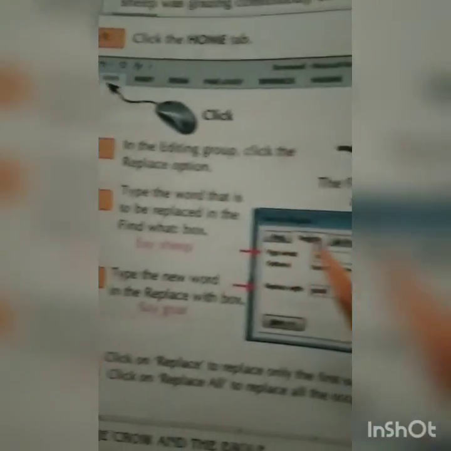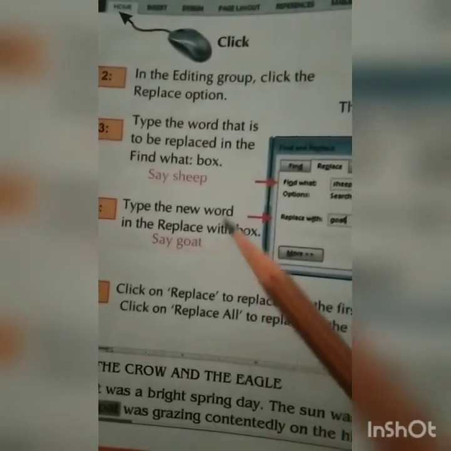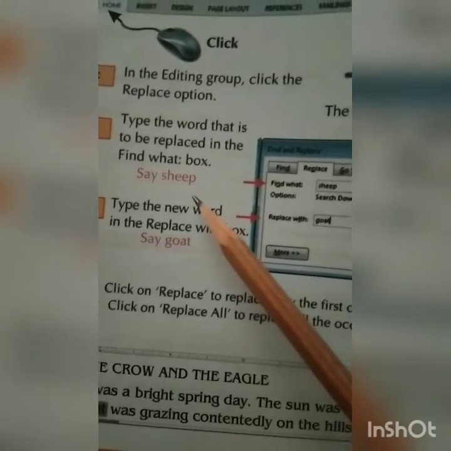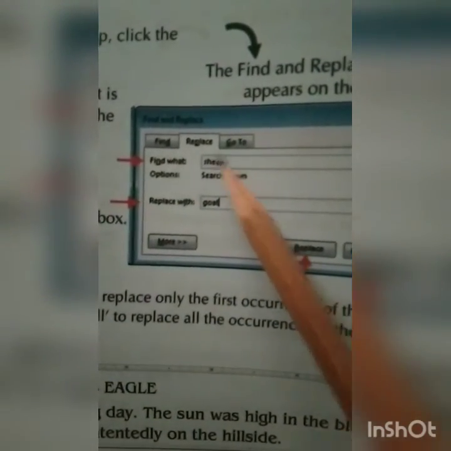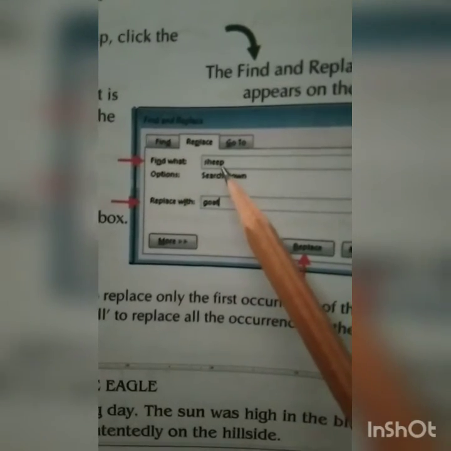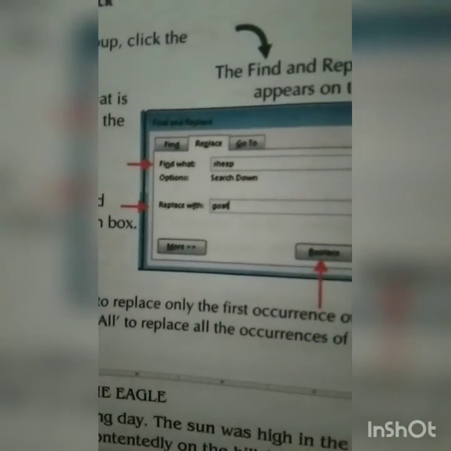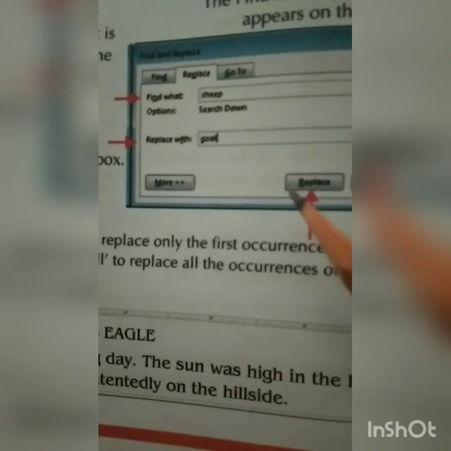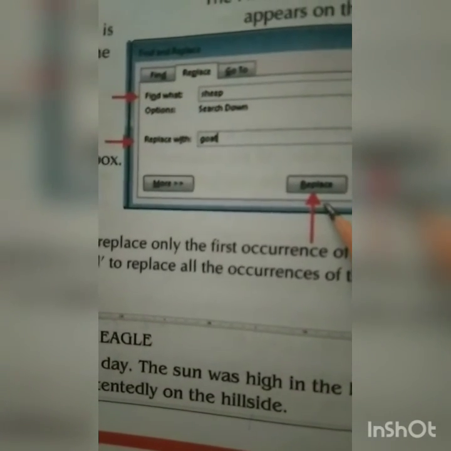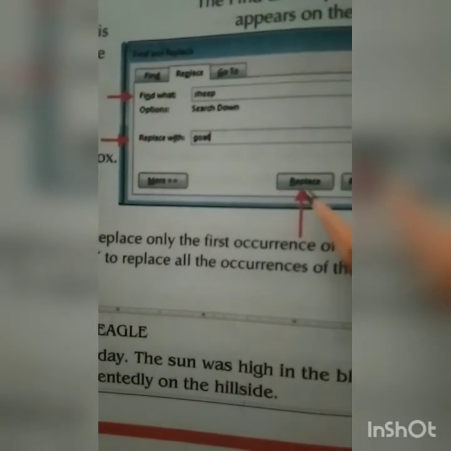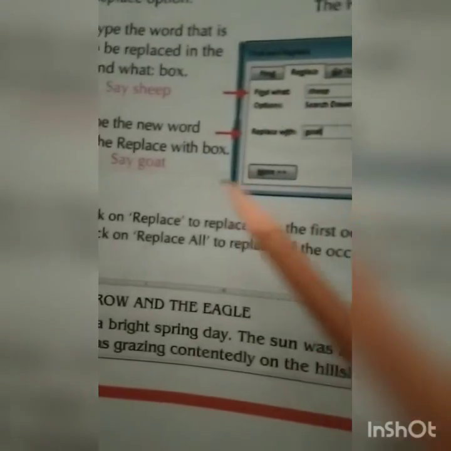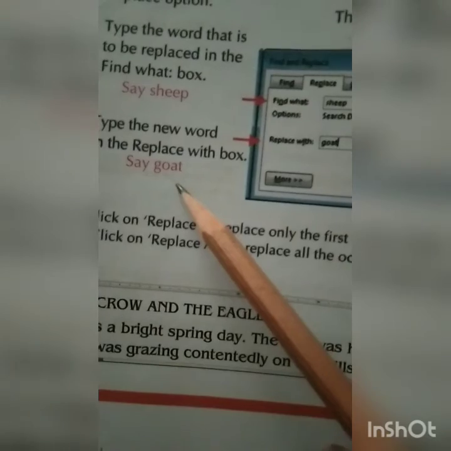So same thing, the screen will appear. For example, here it is given say ship. In the text box you want to replace ship. In the place of ship you are going to write, here it is given another option, that is the replace. So wherever the word ship is written, you want to replace it with another word, that is got.